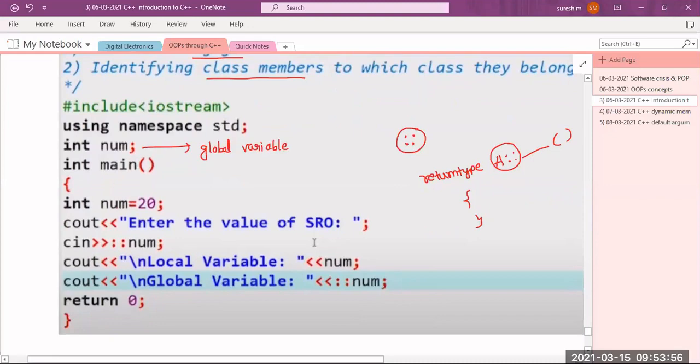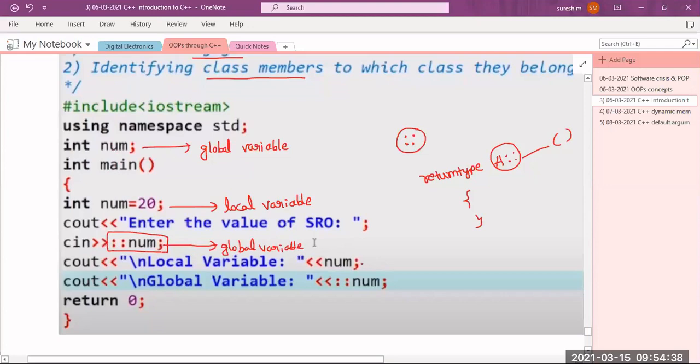And this number, so both names are the same. If you observe this one, this is also number, but what kind of variable is this? Can anyone tell? Local variable. Very good. Because main is also a user defined function, whatever variables are declared within the function are called local variables, and those declared before main are called global variables. So here, enter the value of something like this, and whenever I access with the scope resolution operator, then which variable is this? Global. Yes, this is the global variable.